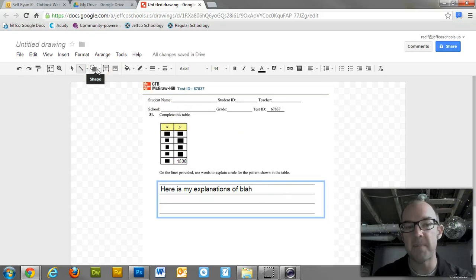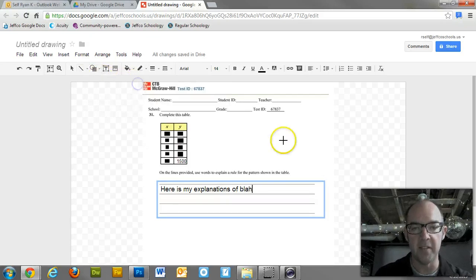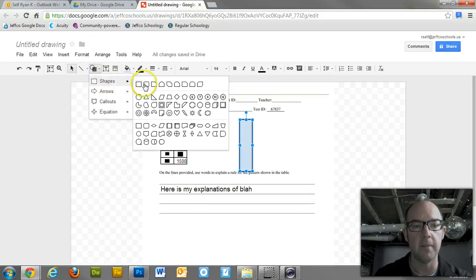If I need to draw shapes for whatever reason, like if I need to complete a circle or make a bar graph or pie chart or whatever, I can click on the shapes and decide what kind of shape I need. So again, if it's a bar graph, I can make little cute bars right here. You have to click on it every time, which is kind of annoying, but